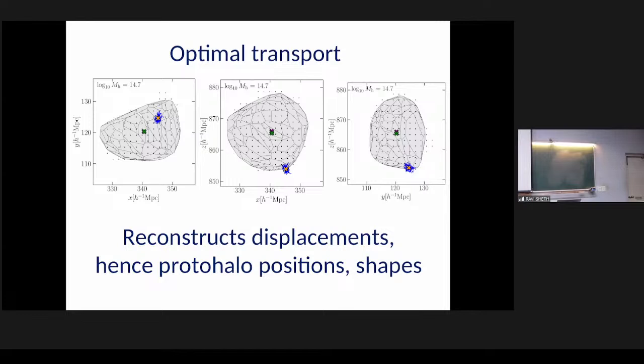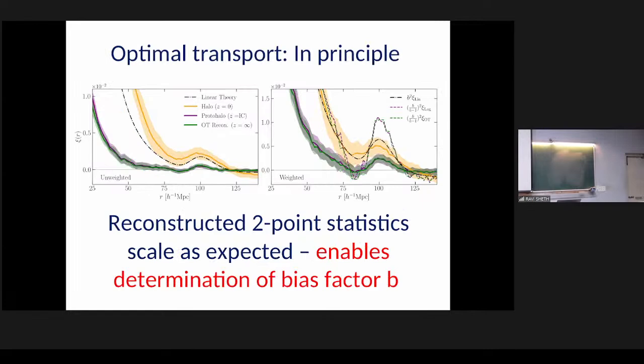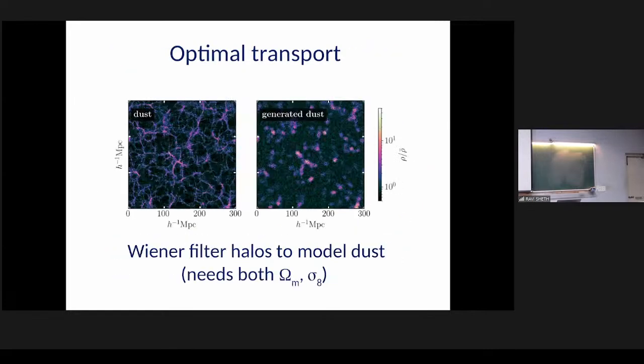And so this works pretty well. I have a bunch of slides showing you that it works very well, so I'll just skip that and go to the conclusions, and then you can ask me questions if you're interested. So this works very well. We reconstruct the initial shape quite well.